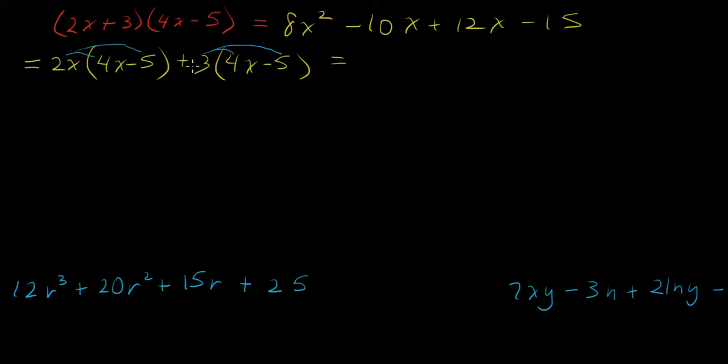And if we distribute, then we get 2 times x times 4 times x, 2x times negative 5, 3 times 4 times x, and 3 times negative 5 is negative 15. So it's the same thing. But the main thing I want you to see here is that